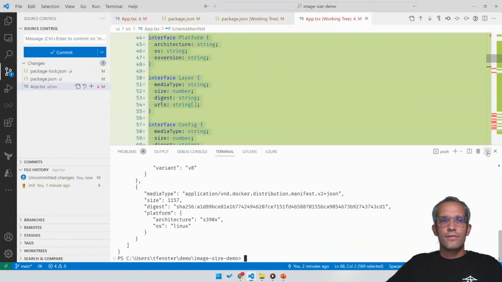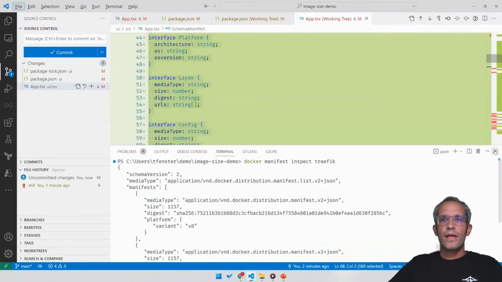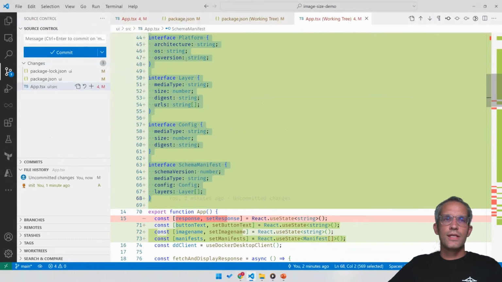So now we have the response, and there you can see we have two manifests, we have a size, we have a platform, we have an architecture, as you can see here, and so on. And basically what I did with those interfaces, I created TypeScript representations of those interfaces